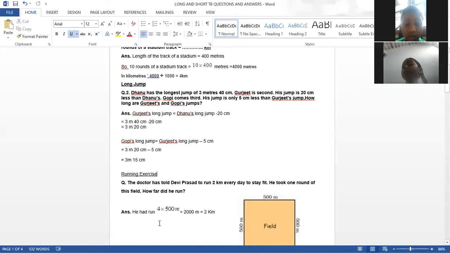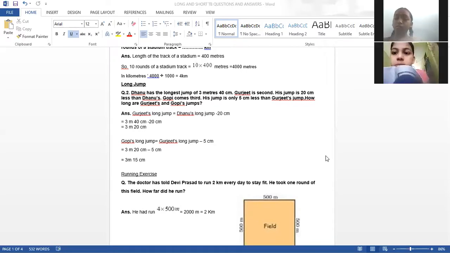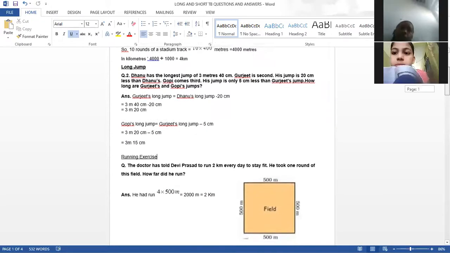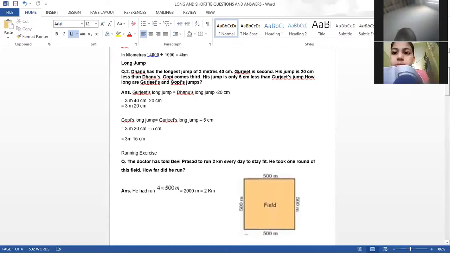If you complete the second question, please let me know. We will move to the third question without any delay. No, sir, I am not completed. Okay, do it. Avantika has not completed the answer. Okay, do it. Sir, completed. Those who completed the second question can try the third question, which is very easy.